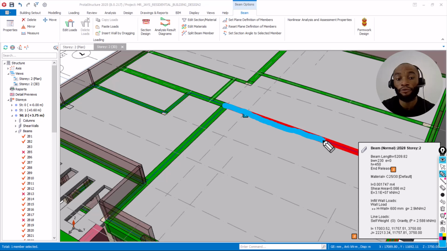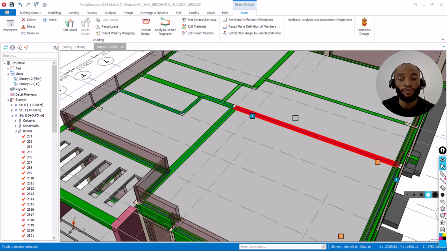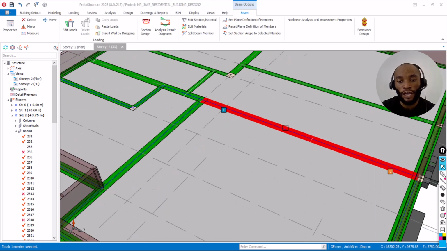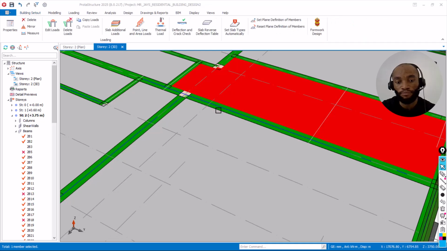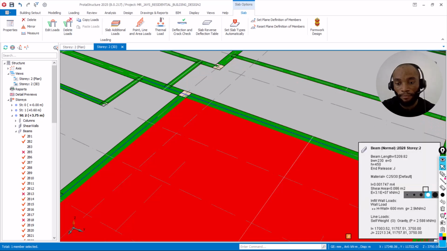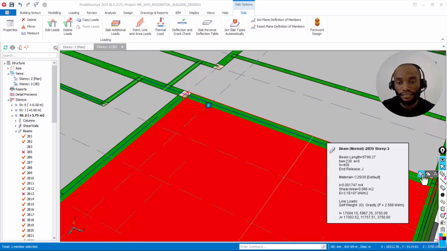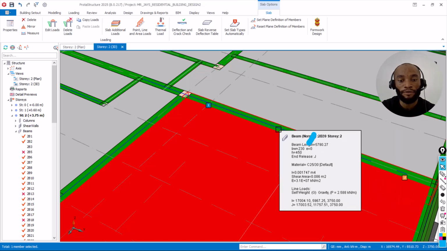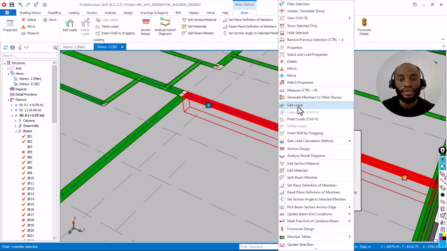I want to stop my wall load here, knowing that I have a full length of beam, and I don't want this wall on all of these beams, just halfway of the beam, stopping directly at this point. So instead of going to my wall load editor, clicking this beam and saying edit load, which is a long process,